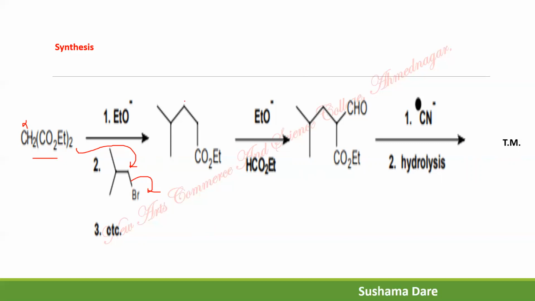After this, what happened? You'll get a COEt group here also. So you'll get a COEt group here, but you don't want this COEt group, right? So what do you have to do? You have to hydrolyze this group. So what is the meaning of etc. over here? As you don't want the two COEt groups there, first of all you do the hydrolysis, so basic hydrolysis, OH minus, H2O. So basic hydrolysis of the ester functional group. Due to hydrolysis, both ester groups convert to COH.